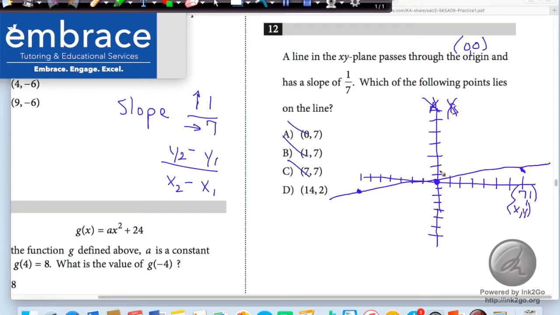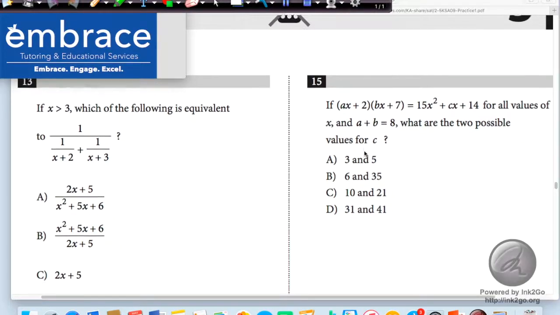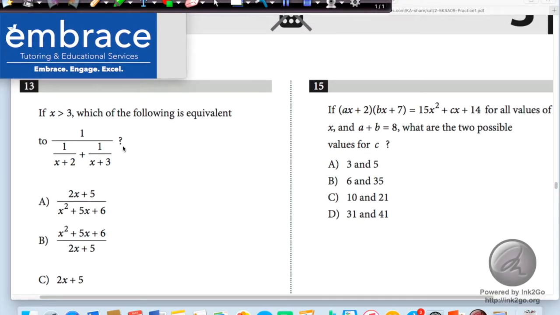Well, if I were to continue this function out and go up 1 and over 7, you'll come to understand that by adding another 7 to this in terms of the x, I end up getting 14. And by adding another 1 in terms of the y, I get 2. Now, you're more than welcome to continue to do this, but D is going to be your best possible answer when graphing. Problem 13 says,